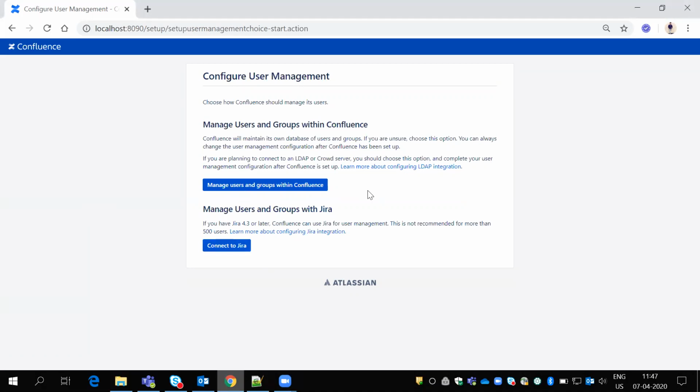Here I'll go with managing users within Confluence first. Next I'll tell you how to integrate it with Jira. So I'll click on manage users and groups within Confluence.